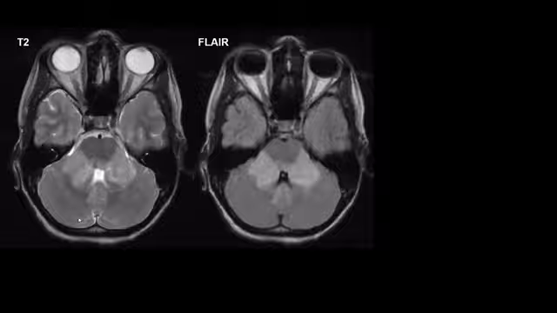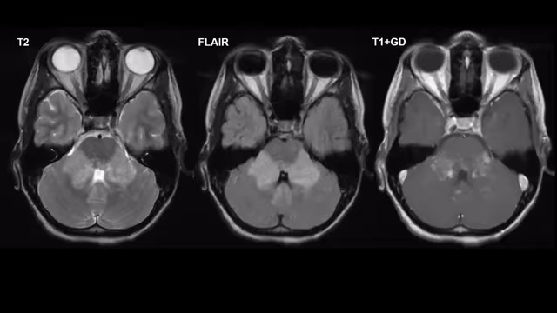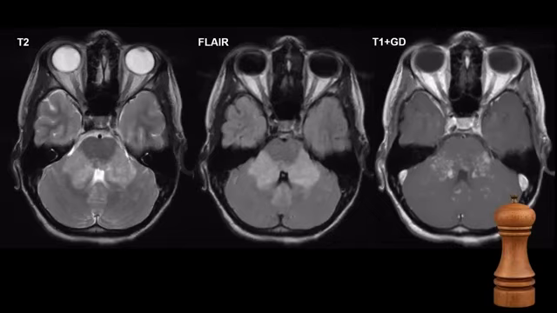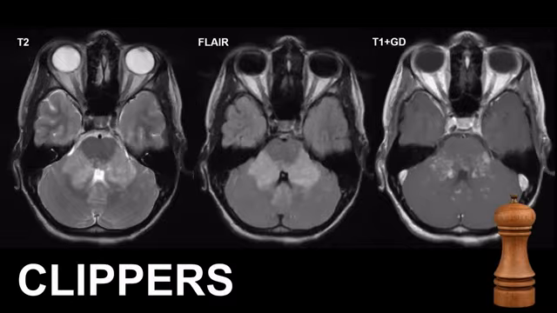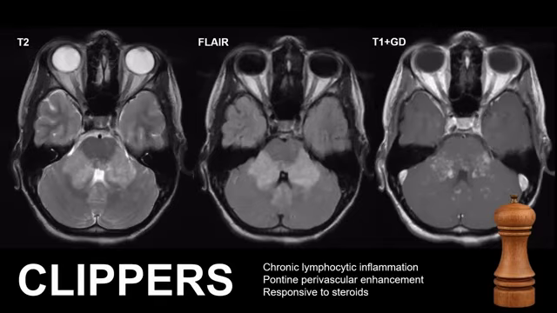Here we see a patient who had subacute cerebellar signs and cranial nerve palsies, and we see areas of edema involving both middle cerebellar peduncles. Now let's look at the T1 weighted image with gadolinium, and we see a lot of small enhancing dots. It looks a bit as if someone peppered the brainstem and the cerebellum, and especially the middle cerebellar peduncles. This pattern, the peppered pons and the peppered cerebellum, should make you think CLIPPERS,